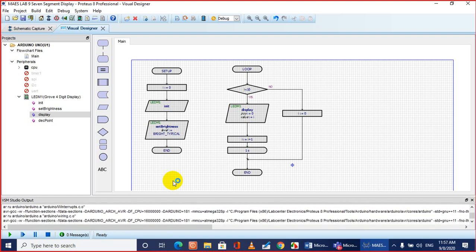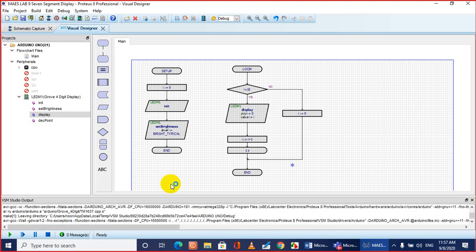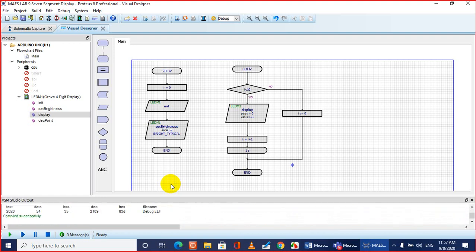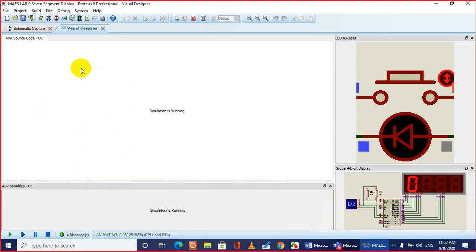Still it is compiling. Yes, I think the compilation process is completed, and now it is simulating.